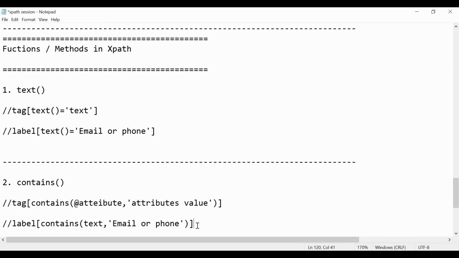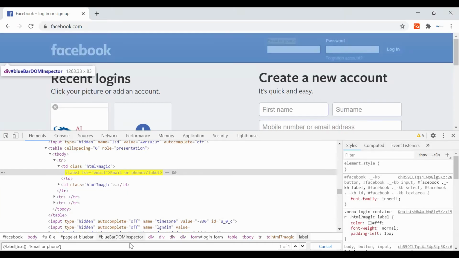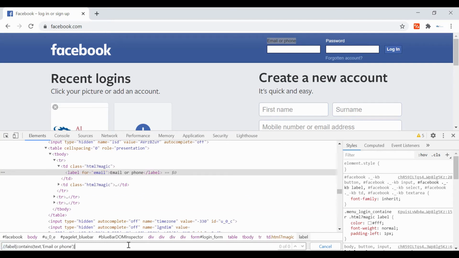Okay, let's paste it and see if it is correct or not. Control A to V. Oh, something we missed, we missed this bracket after text, as it is a method, right? Okay, so as you can see, one of one, and our element has been uniquely identified with the help of this XPath and the contains method.